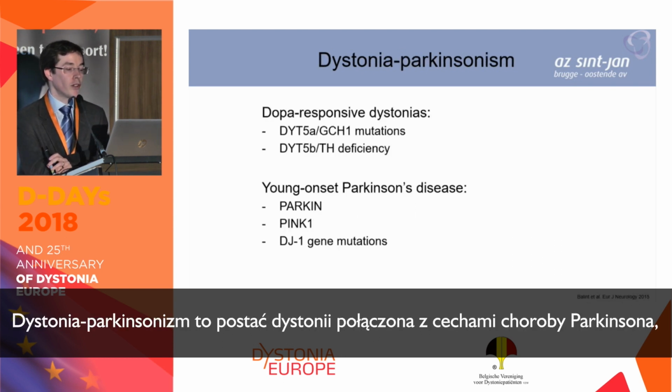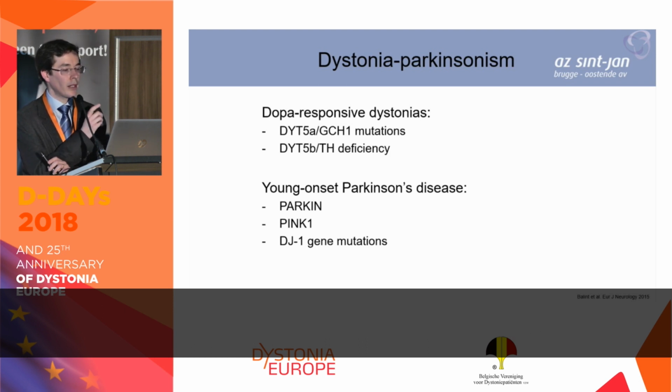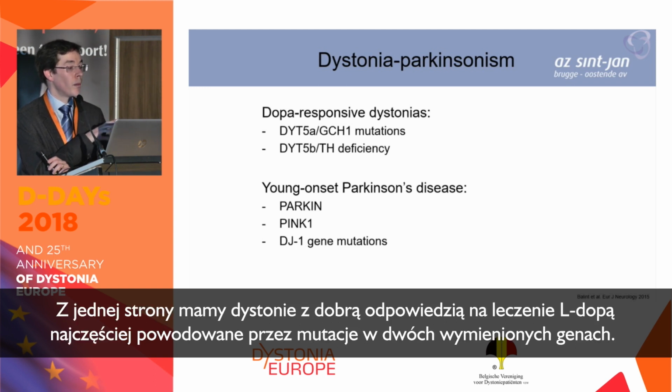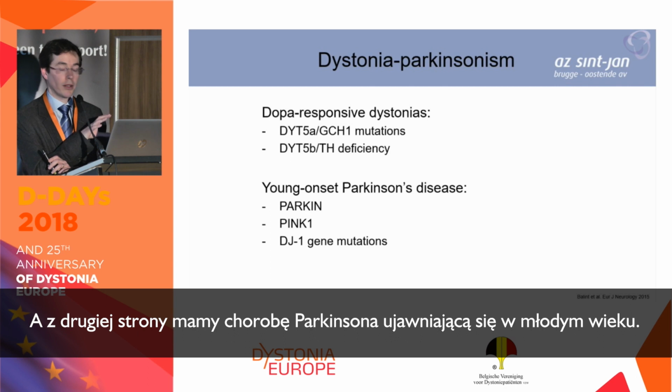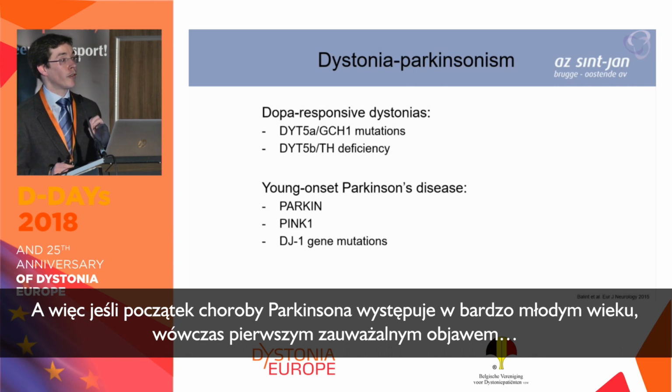Dystonia Parkinsonism is a form of dystonia where you also have features of Parkinson's disease, like rigid muscles and slower movements. And there are 2 big categories in this group. You have on the one hand the dopa-responsive dystonias, caused most often by mutations in these 2 different genes. And on the other hand, you have young onset Parkinson's disease. So if Parkinson's disease develops at a really young age, then the first presenting symptom can be